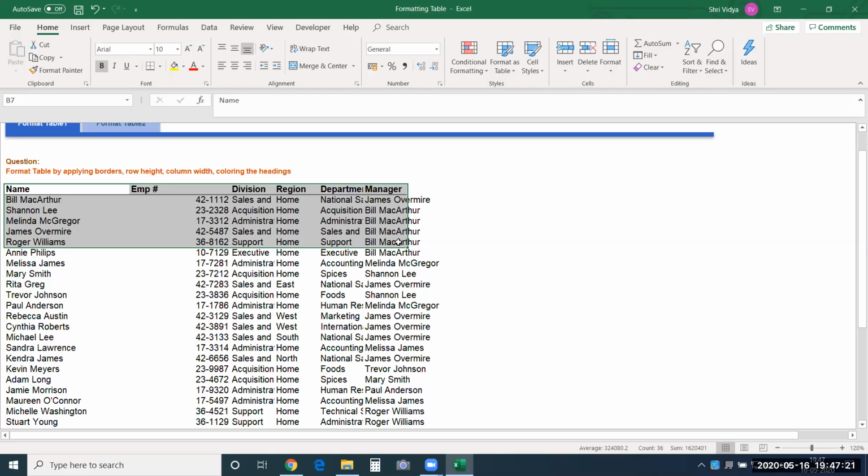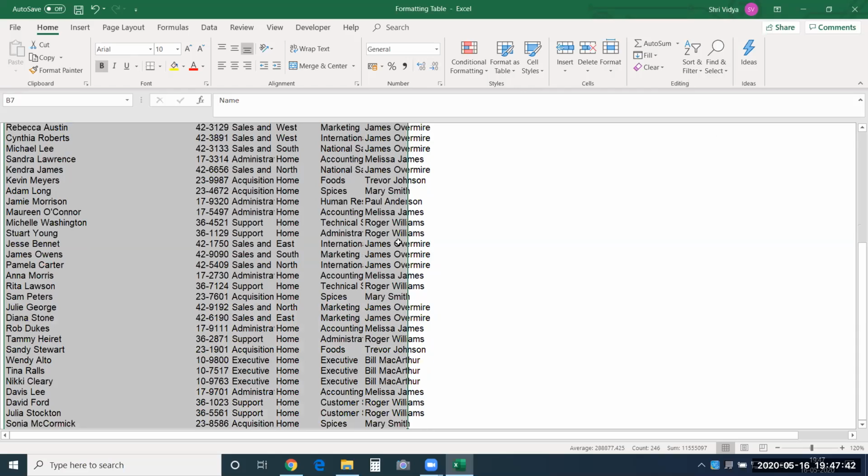Okay, so I'll be showing you how exactly to format this data and change the view of it. Okay, how exactly to make it visually aesthetic just using a few shortcuts. Just observe that. I'll first select the entire data. Now I would like to first adjust the columns here. Some of the columns are too big and some of them are very small.